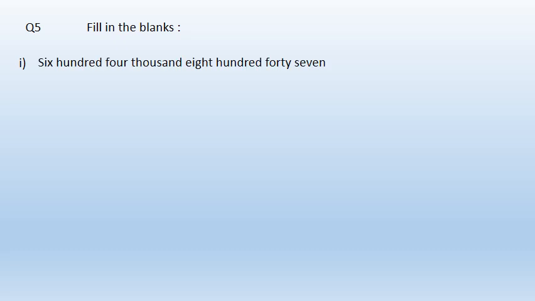Start with question number 5. Filling the blank. What is given in the first one? First one is given 604,847. Now here it is given 1000 and here it is given 100. 100 is given here, that means 604 is a 3-digit number, and 1000 means this is given in the international system. Now how are we going to write it in numeral form? 604, then 1000 means a comma here and then 847. Just check.